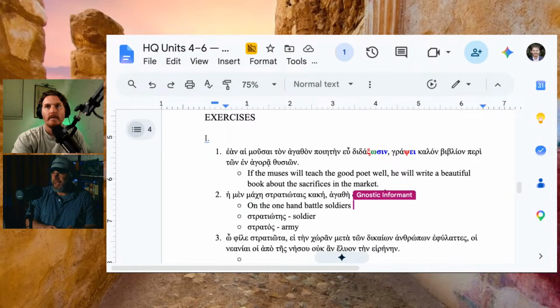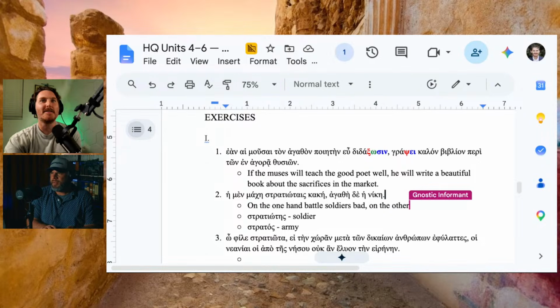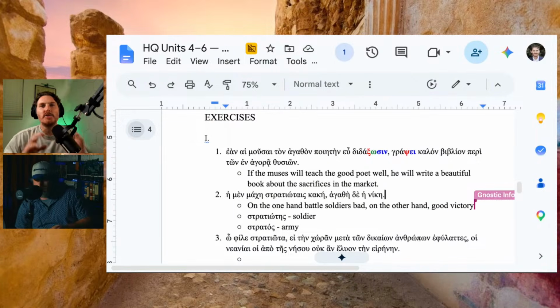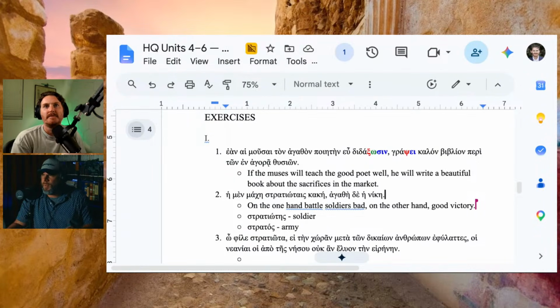Bad? Kake, does that mean bad? It does mean bad. We'll just leave that there for now. We'll figure it out. And then agathe means good. Yeah, good. On the other hand. Yeah, the de is giving you on the other hand, in contrast with the men. Good victory. Yeah, so now you just translated it really into wooden, barbaric English, and now you've got to elevate it. On the one hand,